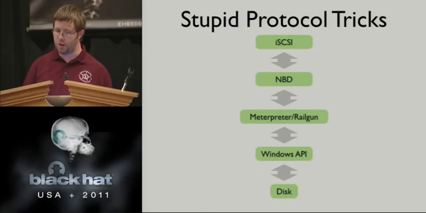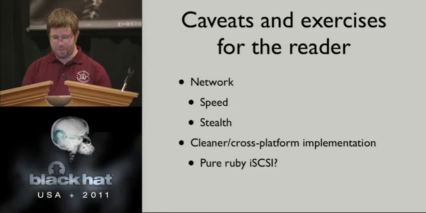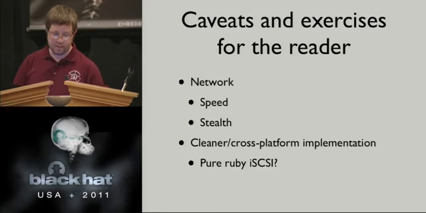Now in the future, it would be nice to have a Ruby implementation of iSCSI. I haven't looked into the protocol. Maybe it's easy, maybe it's hard. I don't know. All I know is that Windows' built-in support for iSCSI is kind of awful. It hangs up, it crashes a lot, and I don't think it's my fault, but it might be. I'd hate to be using this for anything but hacks. Let's see. And that's what I'm going to demo. I'm going to demo the iSCSI stuff.